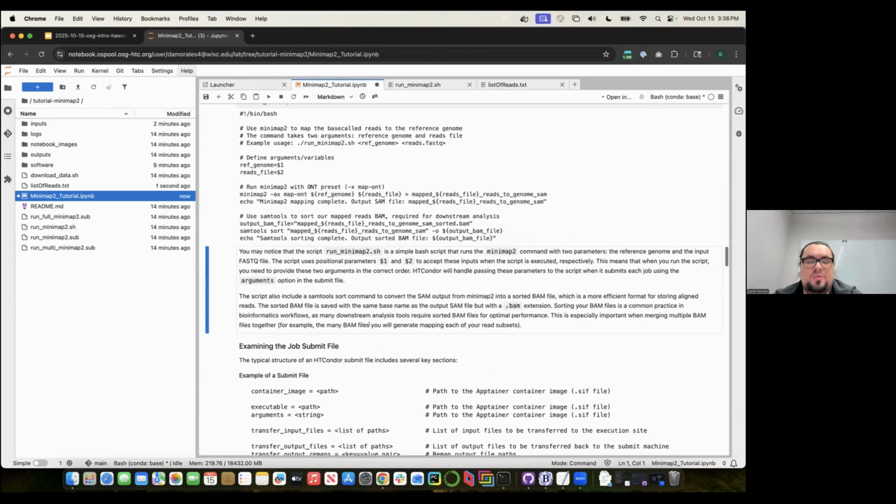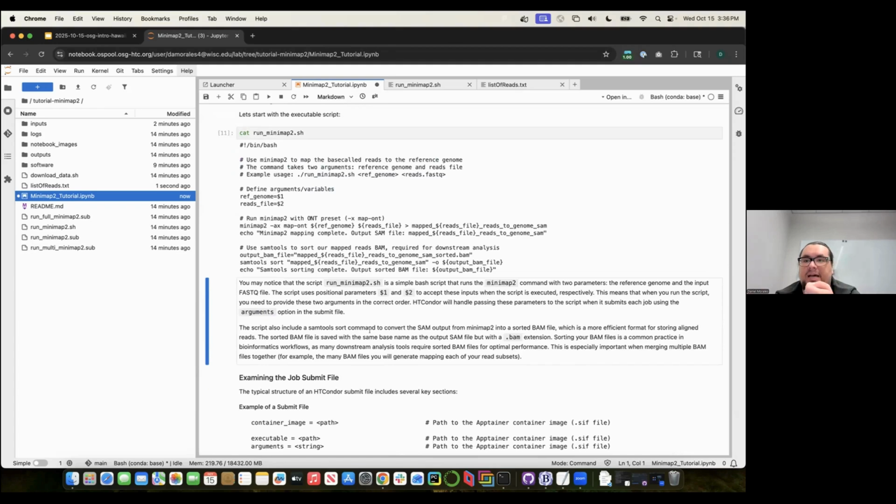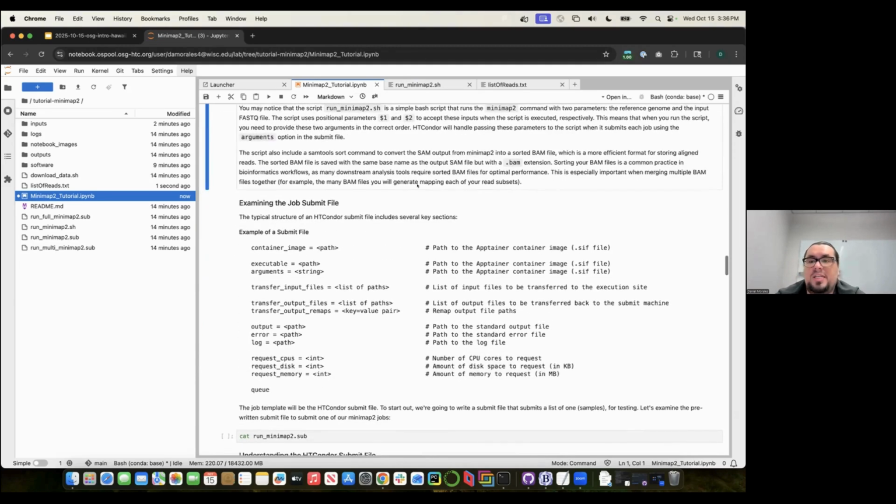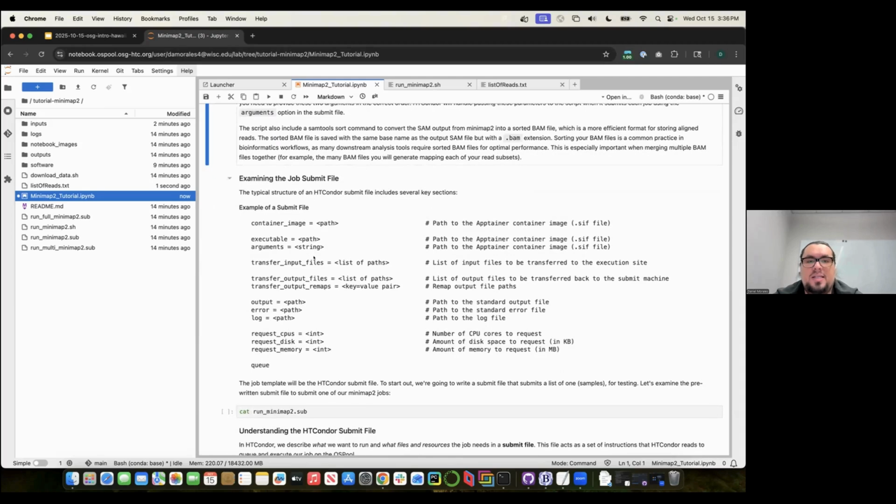And so we now know that what we need to pass through to this shell script is 2 arguments. We need to give it a reference genome, and we need to give it a reads file. And it has to be in that order. And so Condor can actually handle that for you behind the scenes. And it does that by using what we call the submit file. The submit file is what Condor